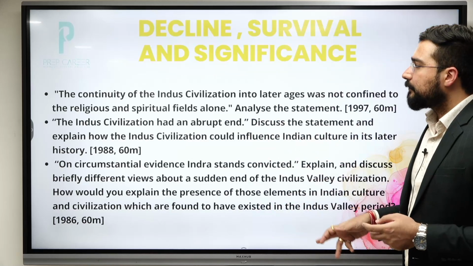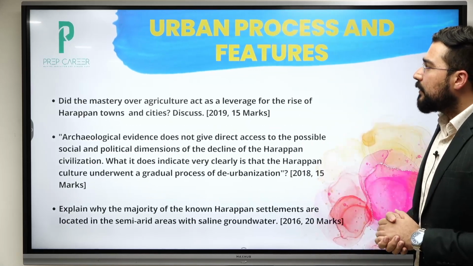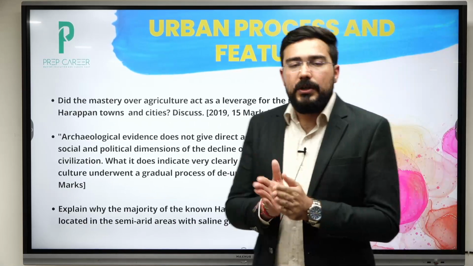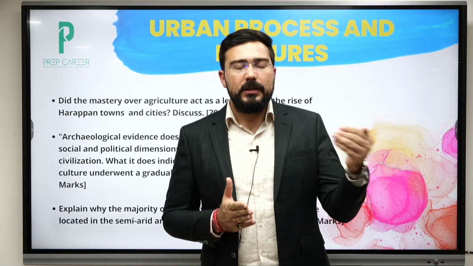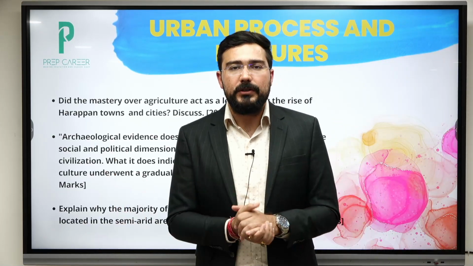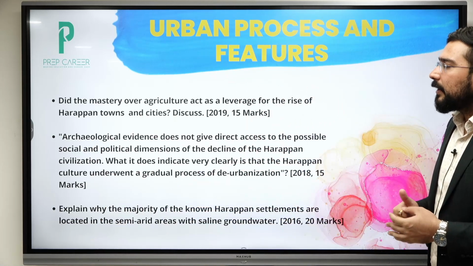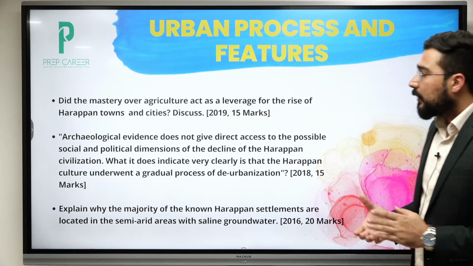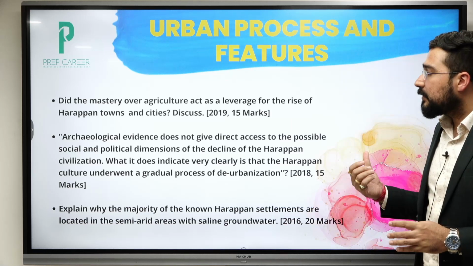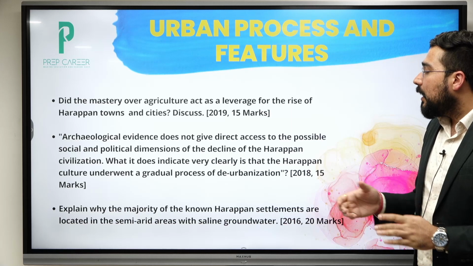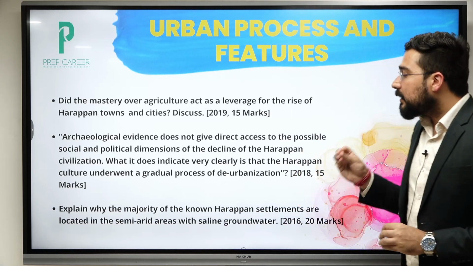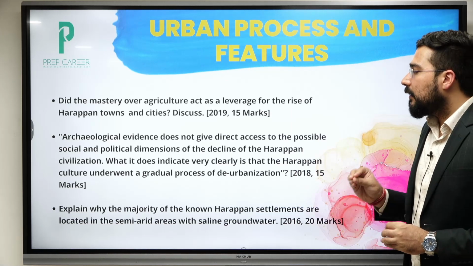Now, the next thing that you see is with respect to the relationship of agriculture and how agriculture surplus leads to the beginning of urbanization in India. See the first question: how did mastery over agriculture act as a leverage for the rise of Harappan towns and cities? Second, archaeological evidences do not give direct access to the possible social and political dimension of the decline of Harappan civilization. What it does clearly indicate is that the Harappan culture underwent a gradual process of